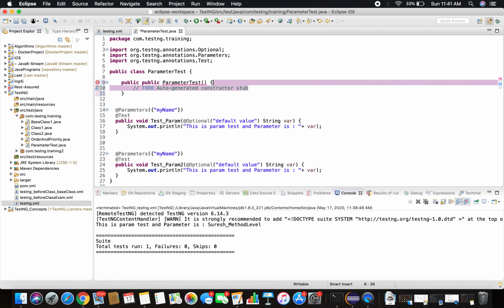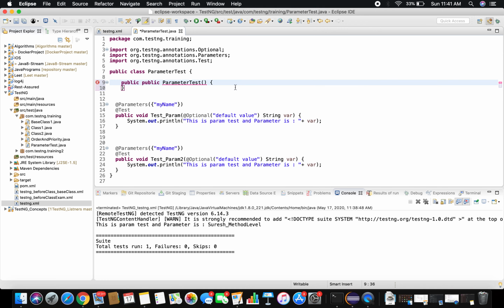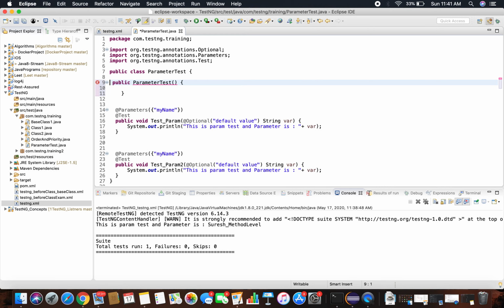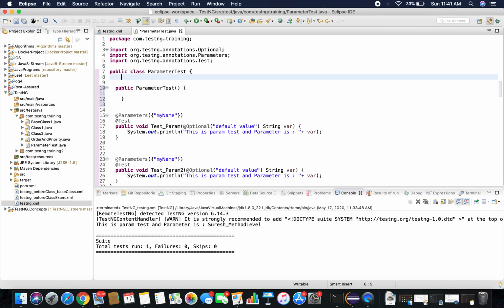Now I'm going to read the parameters inside this. What is my parameter? Let me define a string, public String paramName. This is my variable.